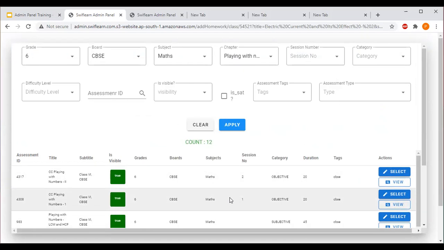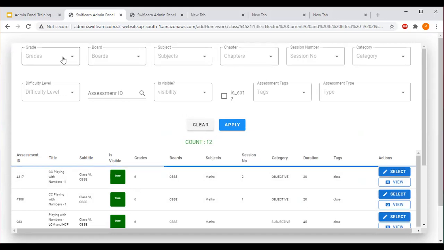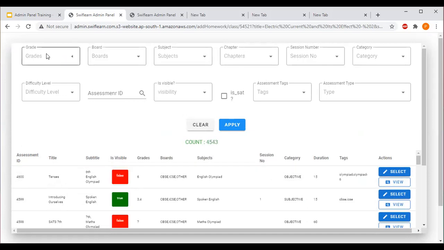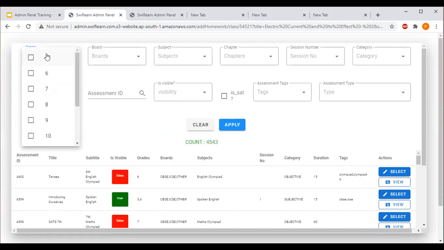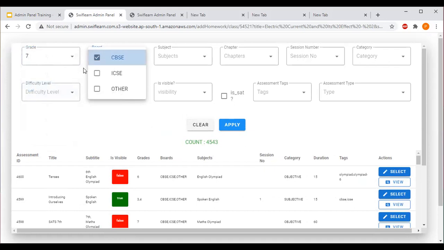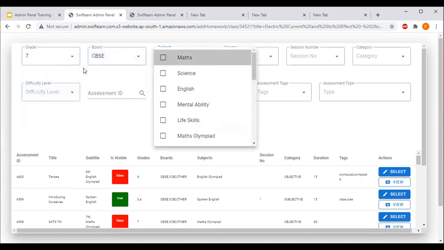Now how will the teacher find out whether this is a system glitch or not? For this, the teacher has to click on the clear button first and clear all four filters. Now from the grade, the teacher has to apply one grade up. Suppose the teacher is teaching the sixth grade, then they have to apply seventh. If they are from the seventh grade, they have to apply eighth. Let's suppose I'm the teacher teaching grade 6, then I have to apply grade 7. But the rest of everything should be the same as per my grade.